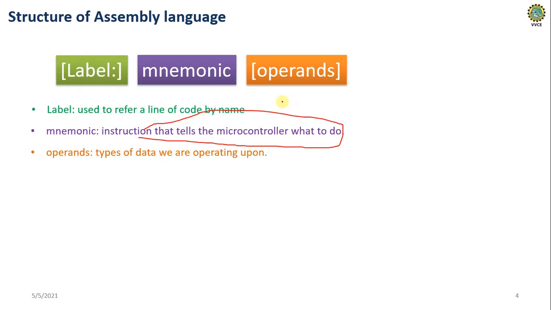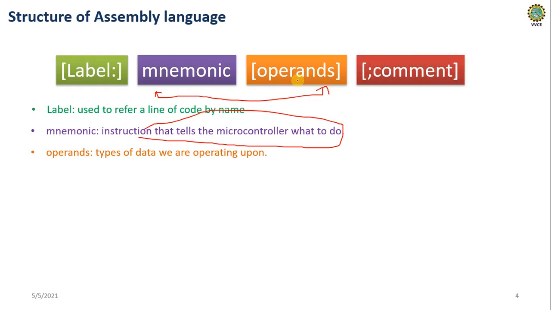In general, operands will not work alone, and the mnemonic will not work alone, right? By combining both operands and mnemonic, the instruction will be executed. The mnemonic is the instruction that operates on the operands. Whatever the operands or data types are, the mnemonic will operate on them, right? The mnemonic is also called the opcode, or operation code. We call them mnemonic as well as operation code. These operate on the operands, or the types of the data. That's why they are called operands.